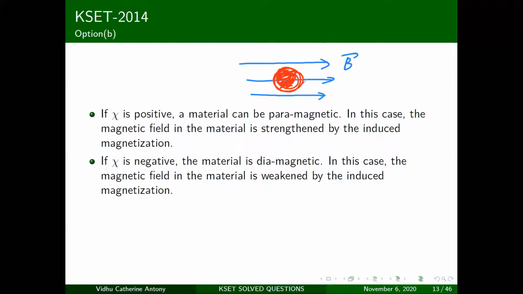But in the case of, let's say, your diamagnetic material, when it is placed in the magnetic field, this one is going to be strengthened. That means its internal field is along the same direction as the external magnetic field. Whereas in the case of your diamagnetic, what's going to happen is it is going to repel that magnetic field. There are very nice consequences to this, which I will show you in a couple of slides later.